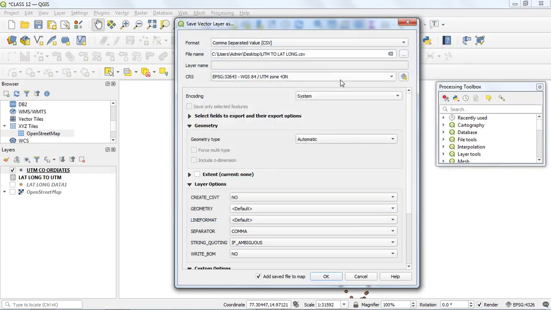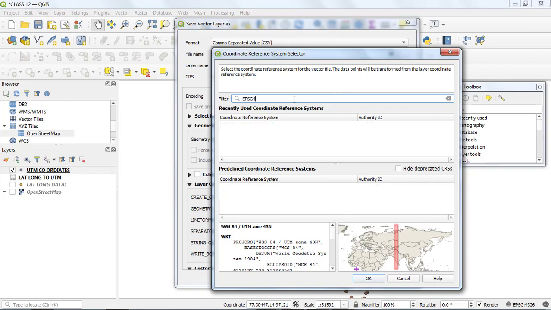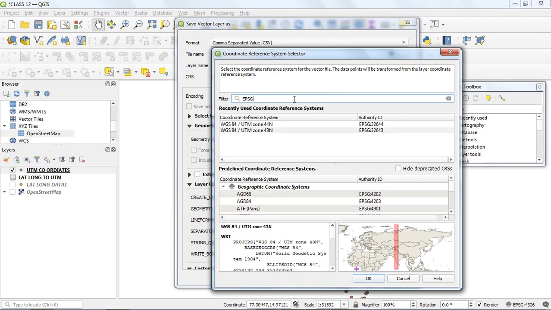And after that we need to select the coordinate reference system. So in this case we are converting the UTM to a geodetic system, nothing but latitude and longitude. So we need to select WGS 84 EPSG 4326. So search EPSG 4326.